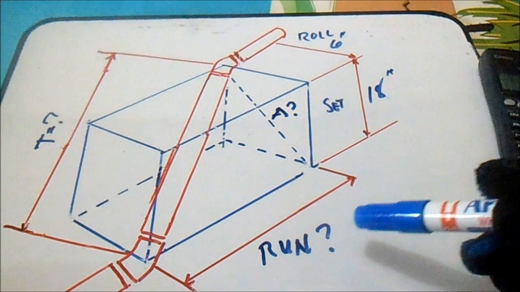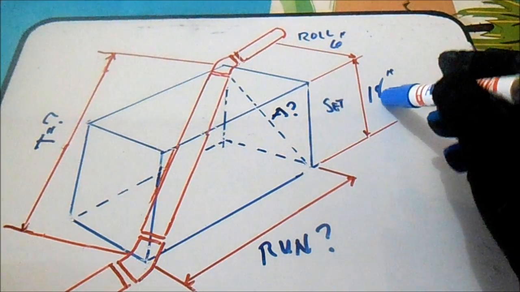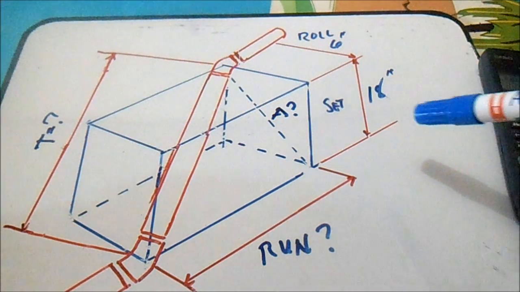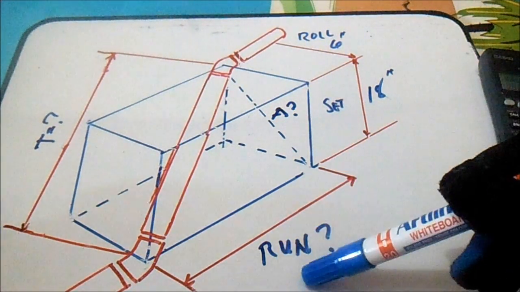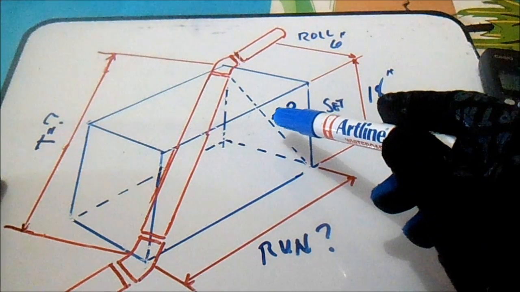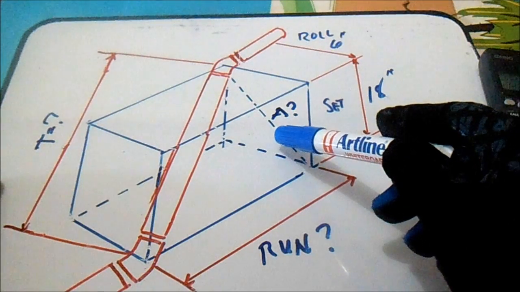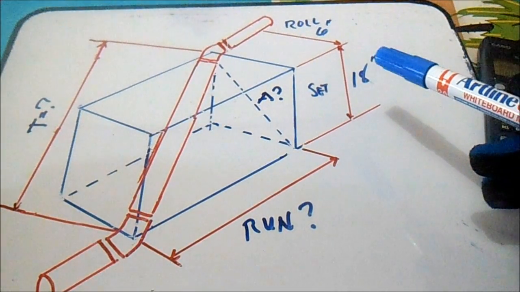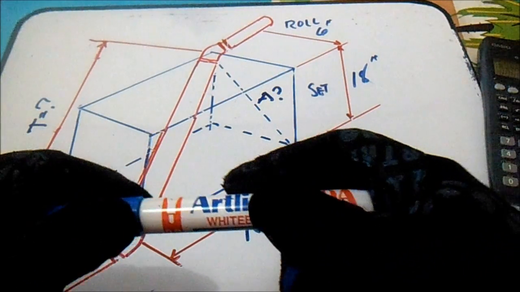So we have a given of set 18 and roll 6, and our question marks here are run, travel, and this letter A. Now the formula for this 45 degrees rolling offset is